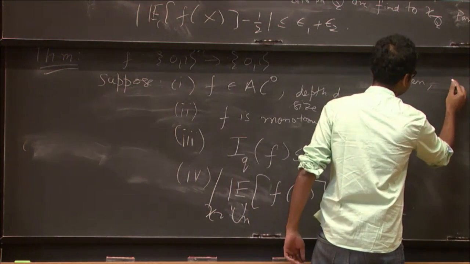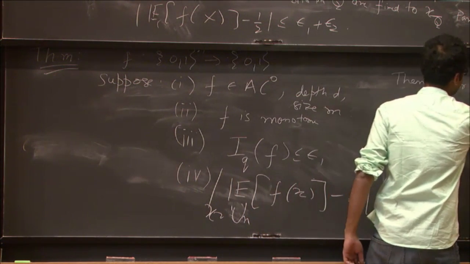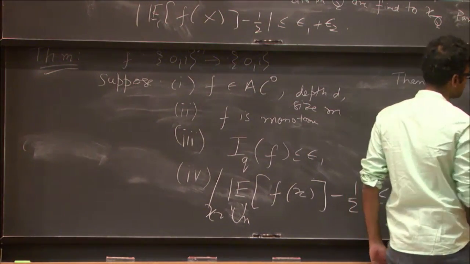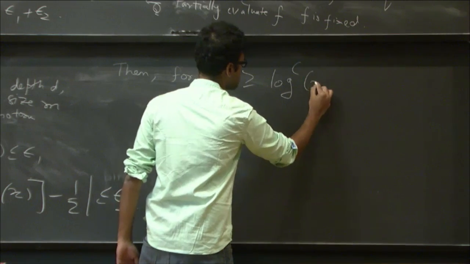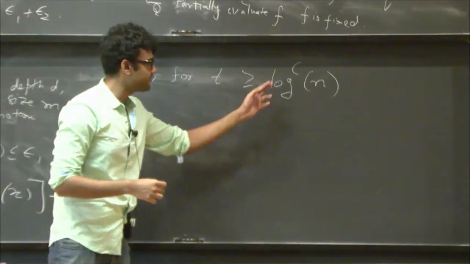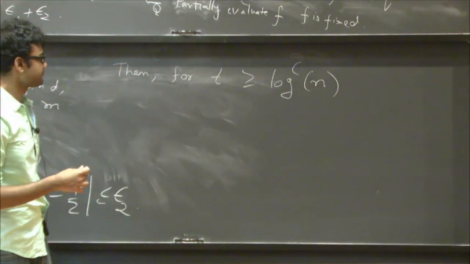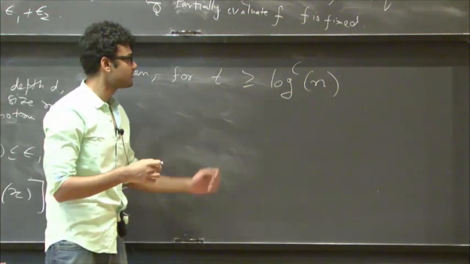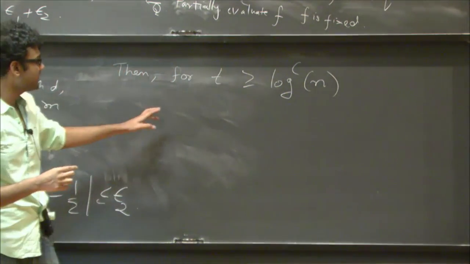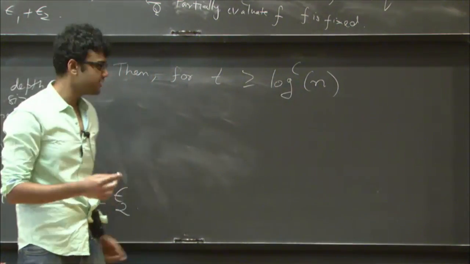Then for t greater than, for some large enough constant c, I'll get into the parameters later. So for t greater than log bar cn for some c,